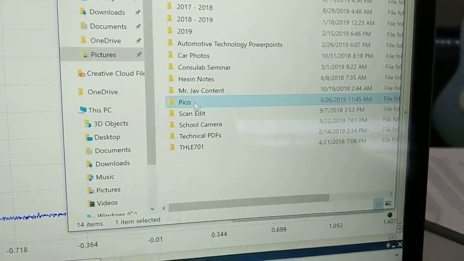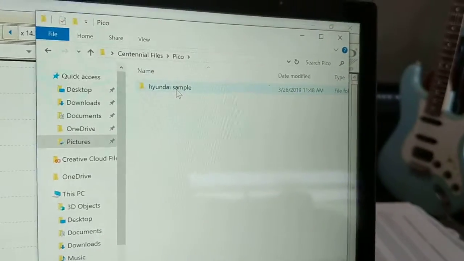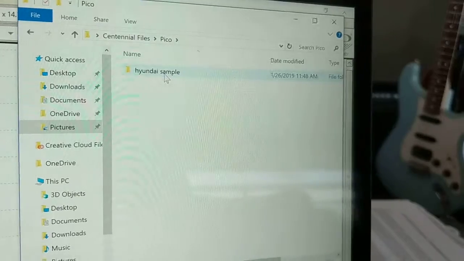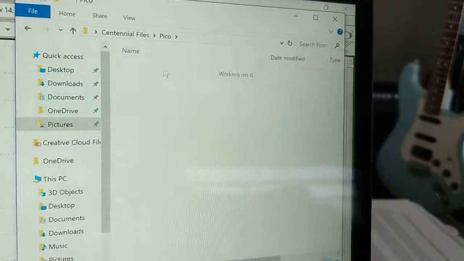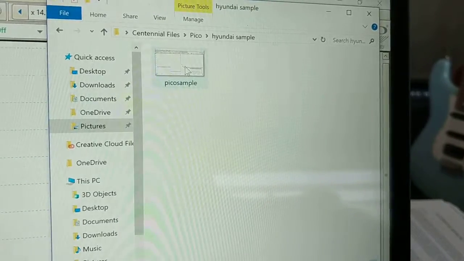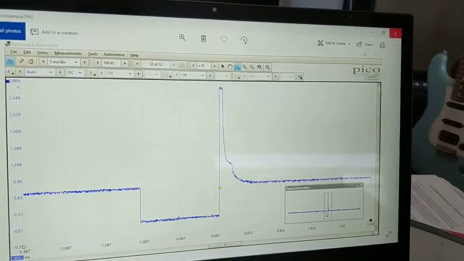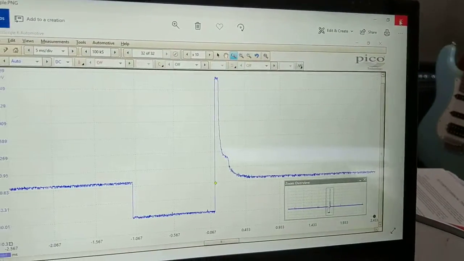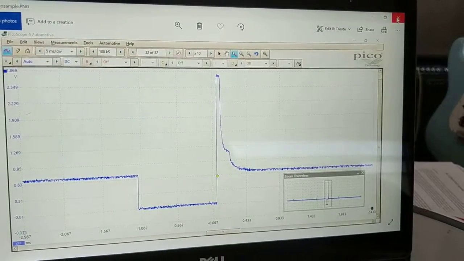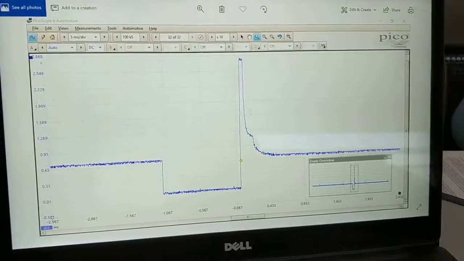So now, basically, what I'm trying to tell you is, if this was my shop and I had a whole bunch of customers' cars files here, then I would have a folder, say Hyundai. Most likely, the best thing to do is also put the date, put more information like the car, the VIN, whatever it is, and then save that file. So then I'll do a repair, right? After I do the repair, I'll do the exact same thing, and I can load it up and compare, right? To show like the before and after, and you're never going to remember all the different repairs that you do, right? So this way, it's always good to keep track of this stuff so you can have reference in case